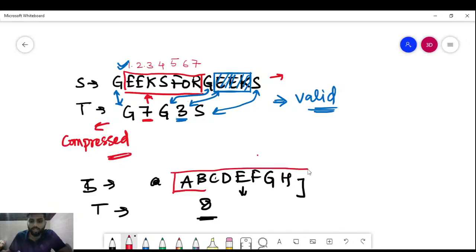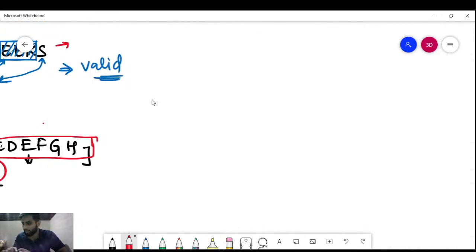So what are we doing in this? We are just taking all the characters present in the string, removing all the characters, and replacing them with the number of characters. Hence we can say that it is a valid string, right? So these are the valid strings. Yes, Mukta, you are also right. Now let's take